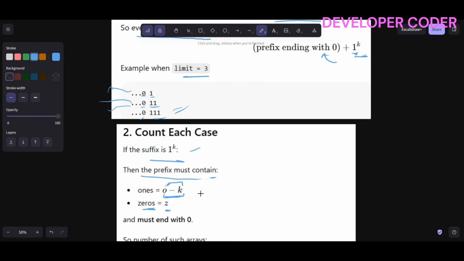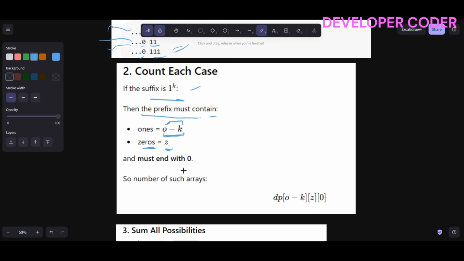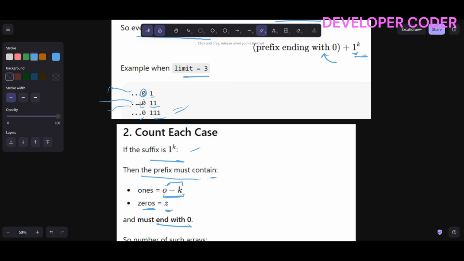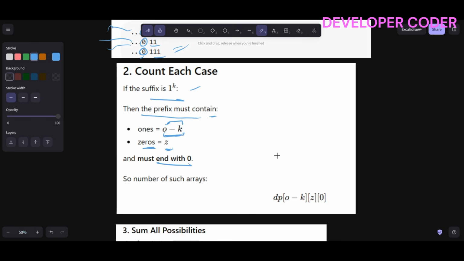This is what I have to subtract now, and that's it. And it must end with a 0. So here, see, all these prefixes are ending with 0 only. Clear this part? Clear this part? So the number of such arrays is nothing but, I can say dp of here this and this, and